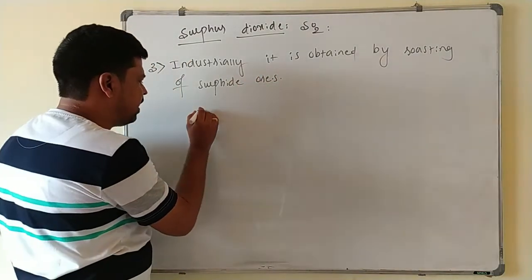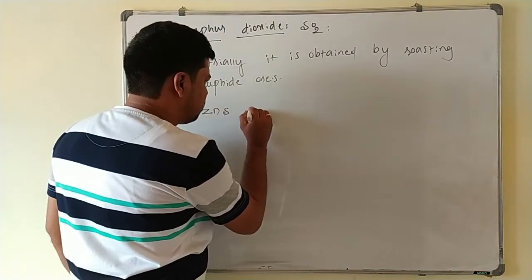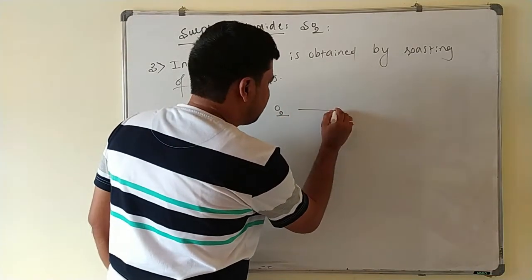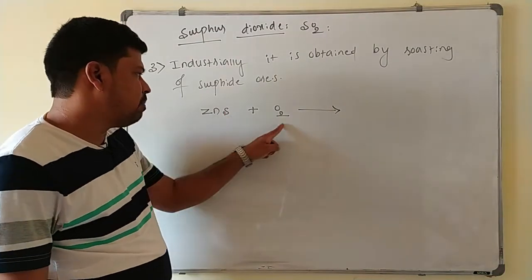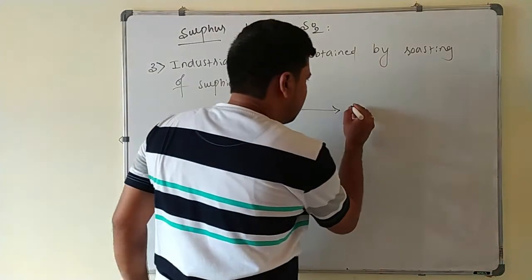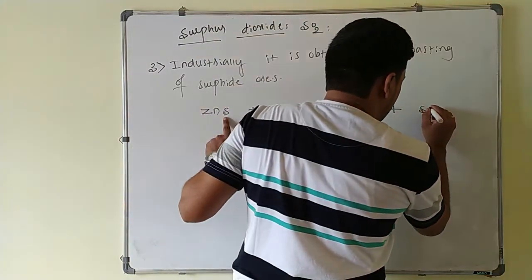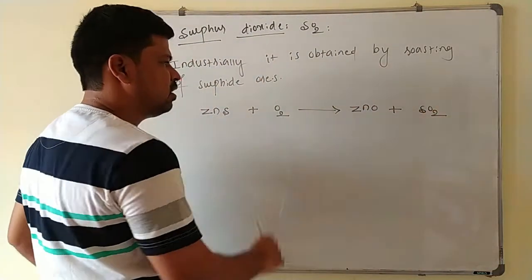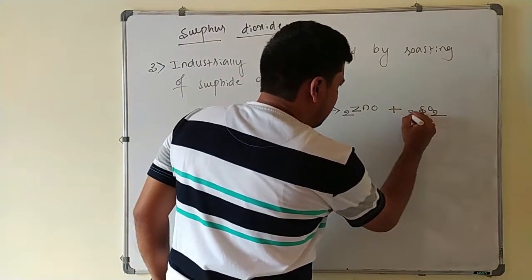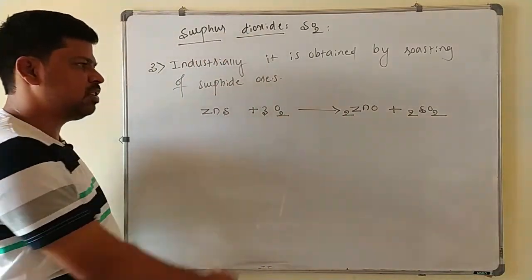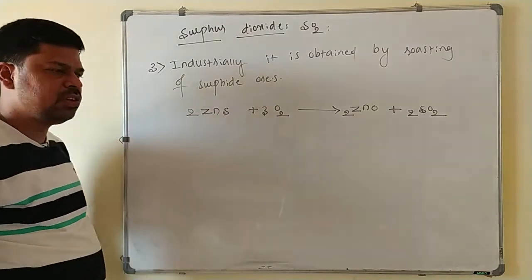So the sulfide ore is heated in presence of oxygen. Suppose I take zinc sulfide, so on treating with oxygen, already we have written this reaction in the dioxygen properties. Sulfur also combines with oxygen, zinc also combines with oxygen. So this will be zinc oxide plus SO2, total 3 oxygen, and here 2 oxygen. So this is multiplied with 3 and these with 2, total 6 oxygens, and here also 6 oxygens. You want 2 zinc and 2 sulfur, so this is multiplied with 2 here.